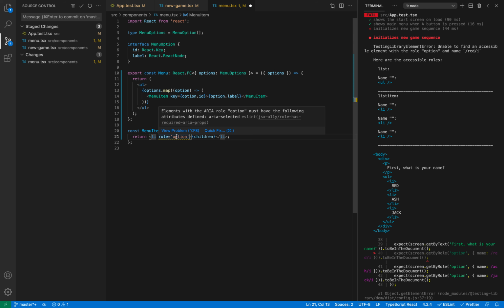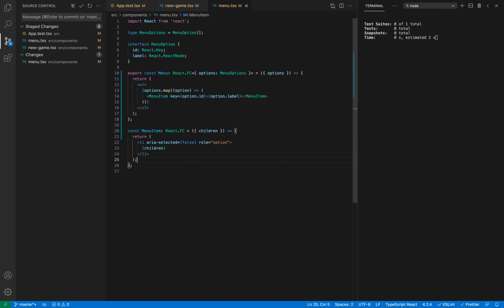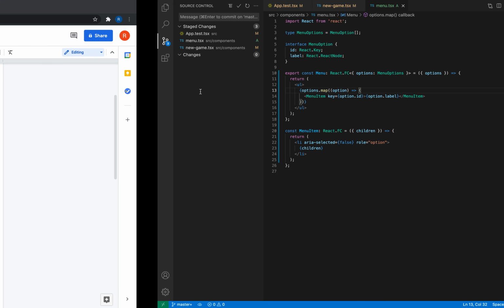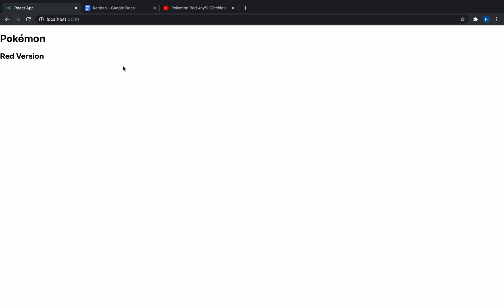So we're going with option, and our linter is telling us we need an aria-selected. We're going to go ahead and set that to false for now until we can figure out which menu item is selected. But great, we have a passing test, and I just want to take a step into the browser to show you what that looks like, because I think it's a little bit hard to visualize right now. Hitting the new game,